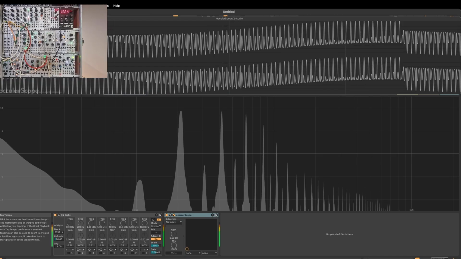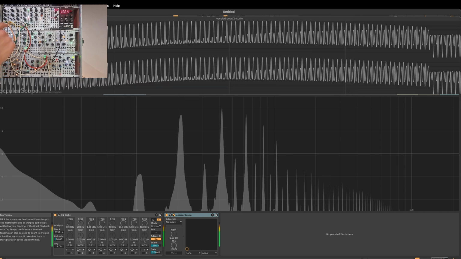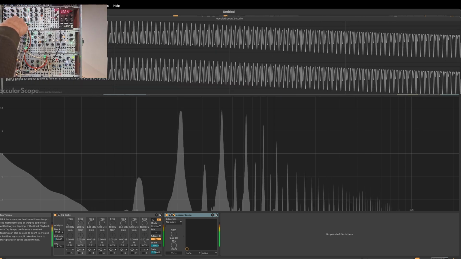But I can do more funny things with this, because here I'm just using one classic sine wave to modulate